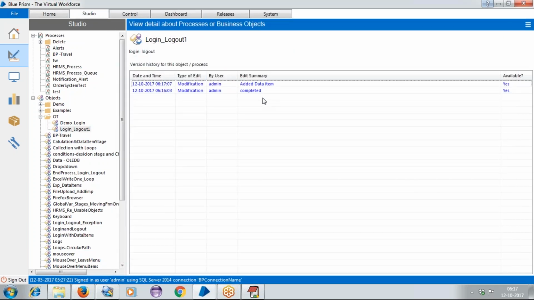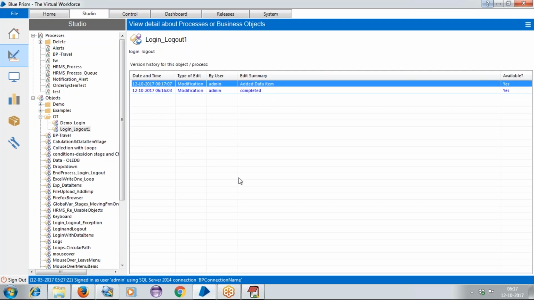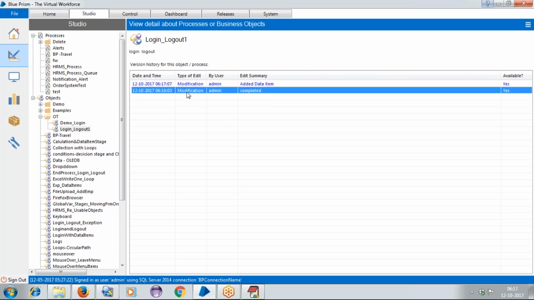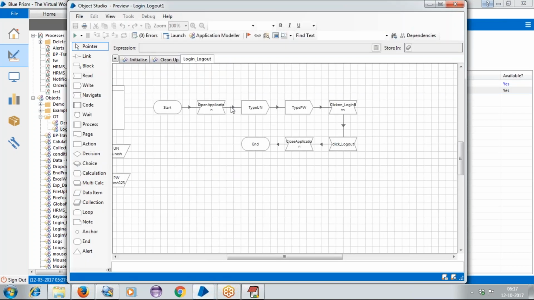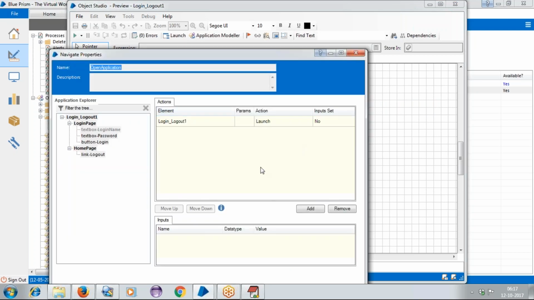And I can see you're getting two things here. Previously, first we have been given completed. Next I have taken the added data item. Now we'll take this. We'll click on view. I'll click on the login activity. Now I can see here you will be getting what are the activities we have done. Everything you will have it. Now if I'm performing double click, it is disabled here, because this is the first version.